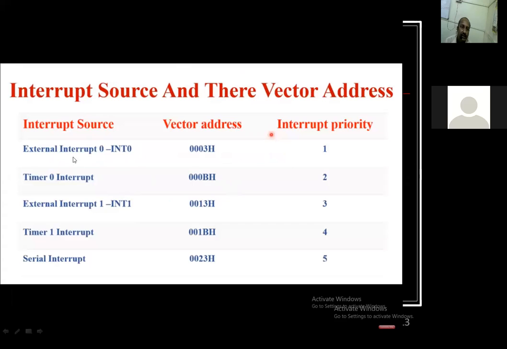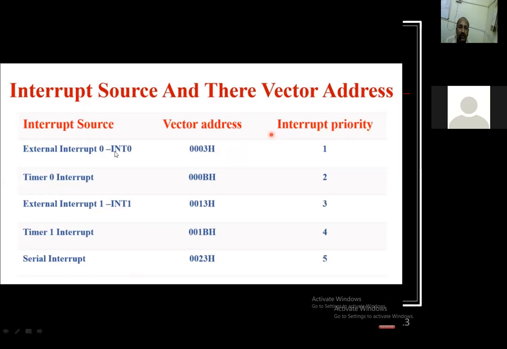Here you can see that the first column has the 5 interrupts. Second is the vector address, that is also called the ISR address, the starting address. And this is the interrupt priority also. So this is a very important slide as far as interrupts are concerned.